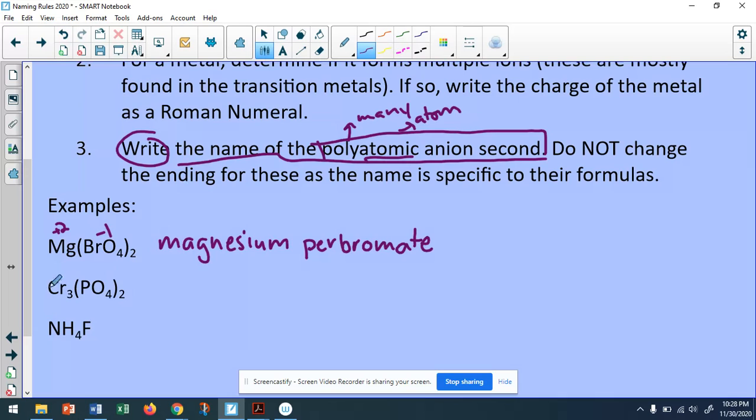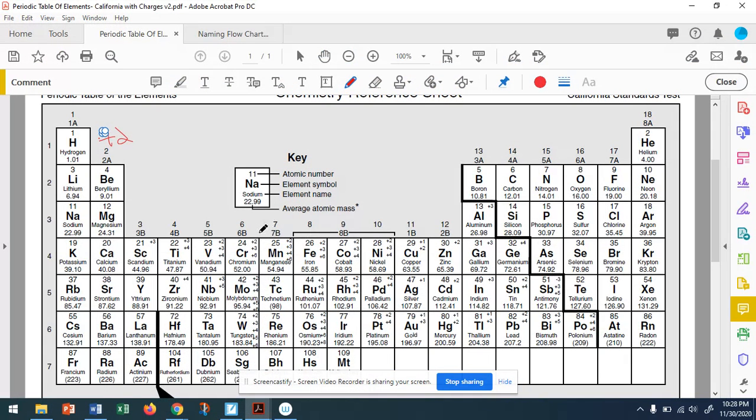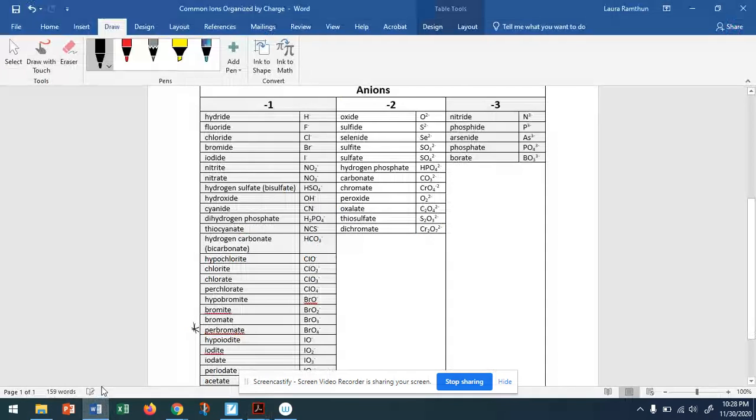My second example is Cr3(PO4)2. So I'm going to go look up Cr. And I notice that Cr has multiple charges. So I'm going to have to take a look and see which one I'm dealing with. To do that, I have to look at my PO4. If I look over here, you'll notice that PO4 is a